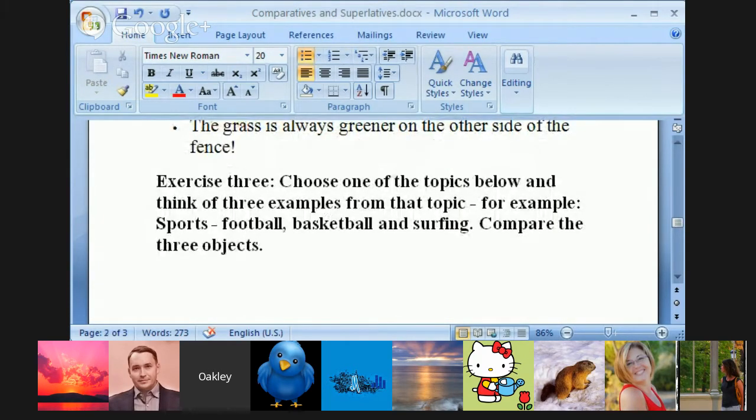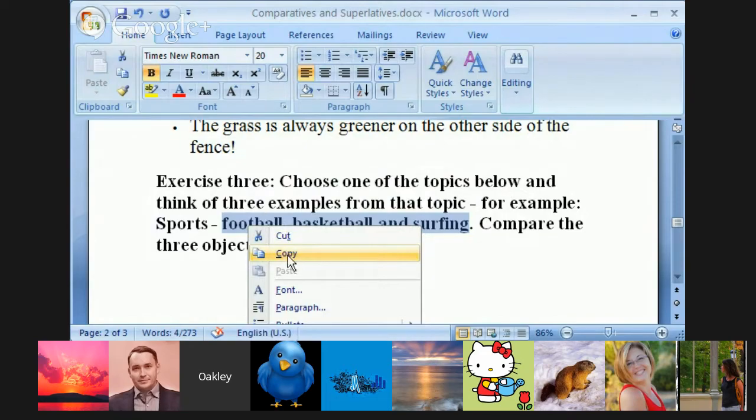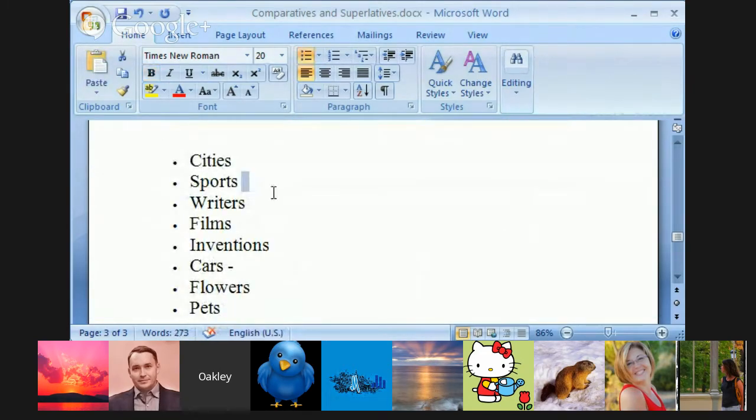Anna Belen. Hi. Yes. See if you can get it here. Pick a topic and pick 3 things. For example, if you were going to pick sports, perhaps you would pick football, basketball, whatever, and then compare them all with each other. So I want you to pick something. I don't care which category you pick, and tell me 3 things, and then just talk about them. One is smaller than the other, one is bigger, one is more populated, one is less polluted. Oh, okay. For example,